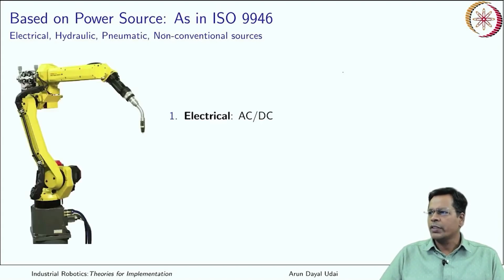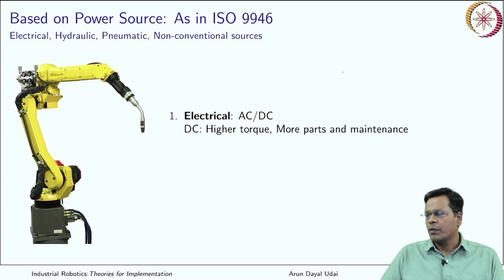We'll see that now. Yes, most of the industrial robots are electrical in nature. As you know, electricity is abundant. You can find it anywhere. It is readily available. It can be of two types, AC or DC. We'll look at various features of AC and DC. A DC motor normally can provide higher torque, mostly higher starting torque, which is very helpful to make compact robots. And because a DC motor normally has carbon brushes within,